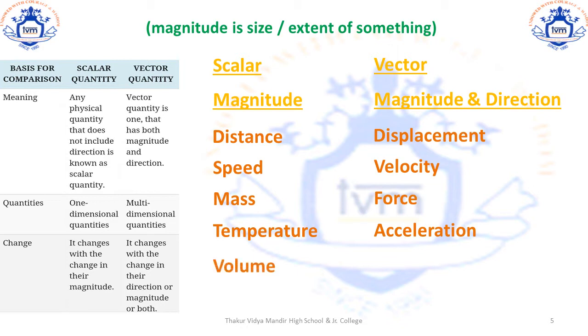So now you have learned how to distinguish between a scalar and a vector quantity. Both scalar and vector quantities will have a magnitude, that is a numerical value, but only vector quantities will have a direction. So if you can apply and associate the direction to the quantity which has a numerical value, then it is a vector quantity. But if the direction is not applied or associated, and only the magnitude is required, then the quantity is a scalar quantity.